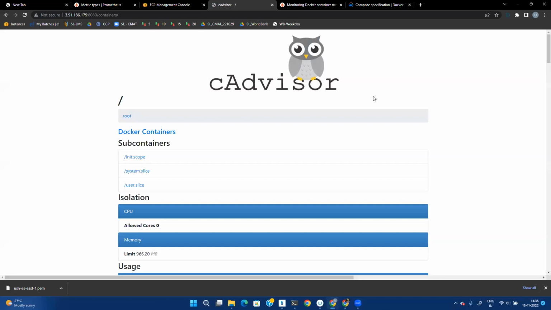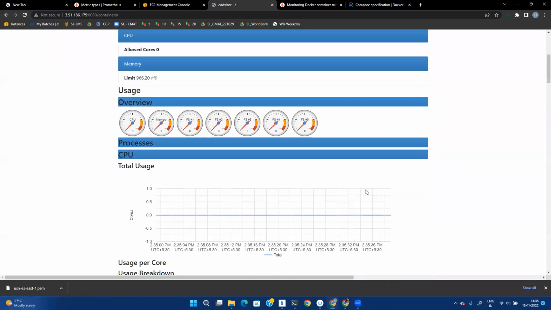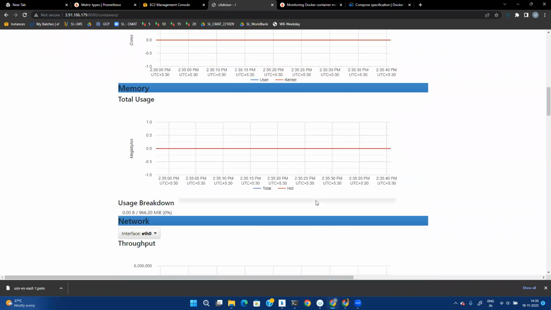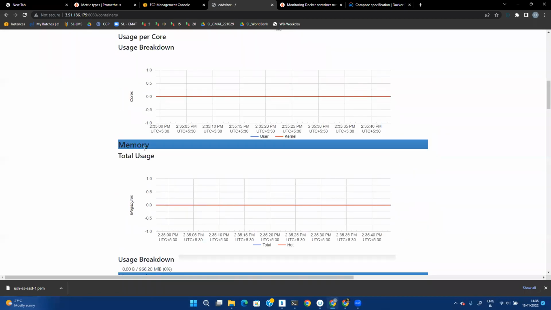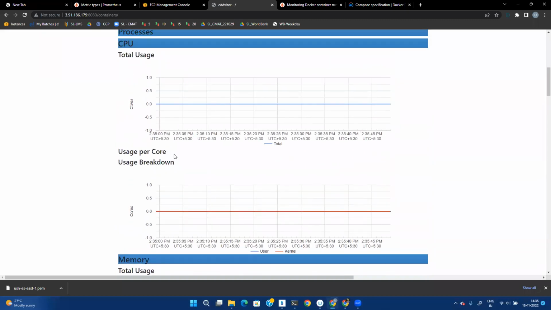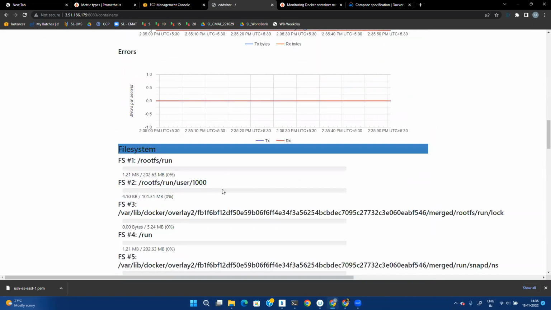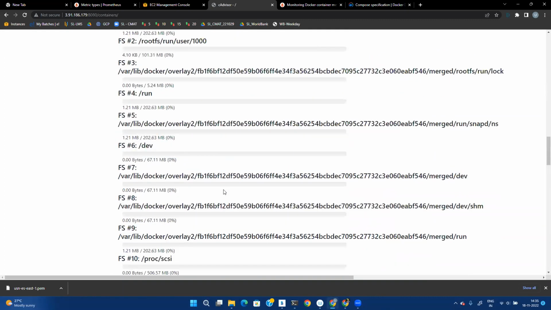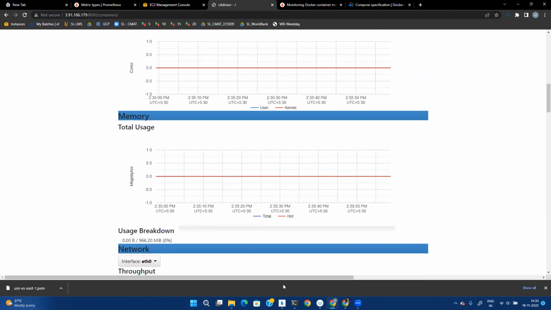Right, so my cAdvisor is running here, and this is some information about Docker. This is fine, but over time you can see some graphs generated. How much total memory is being used by Docker? How much is the usage per core, total CPU usage? All that is being captured here, right? And if I run some more containers, this will definitely go up, right? So I can say maybe